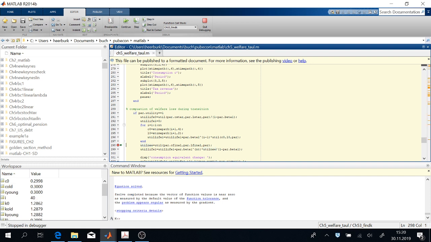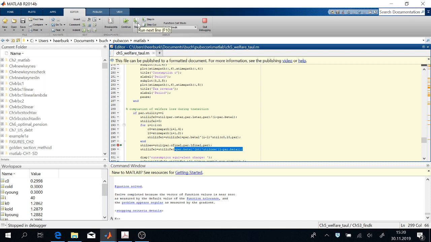Then we have to add the utility for the remaining periods of the lifetime of a household, so from period 41 through infinity, and this utility is given by this expression here. The lifetime utility for someone born in period 41 would be this one, and we have to discount it by beta to the power 40 to get the lifetime utility for the case of a change to the labor income tax rate